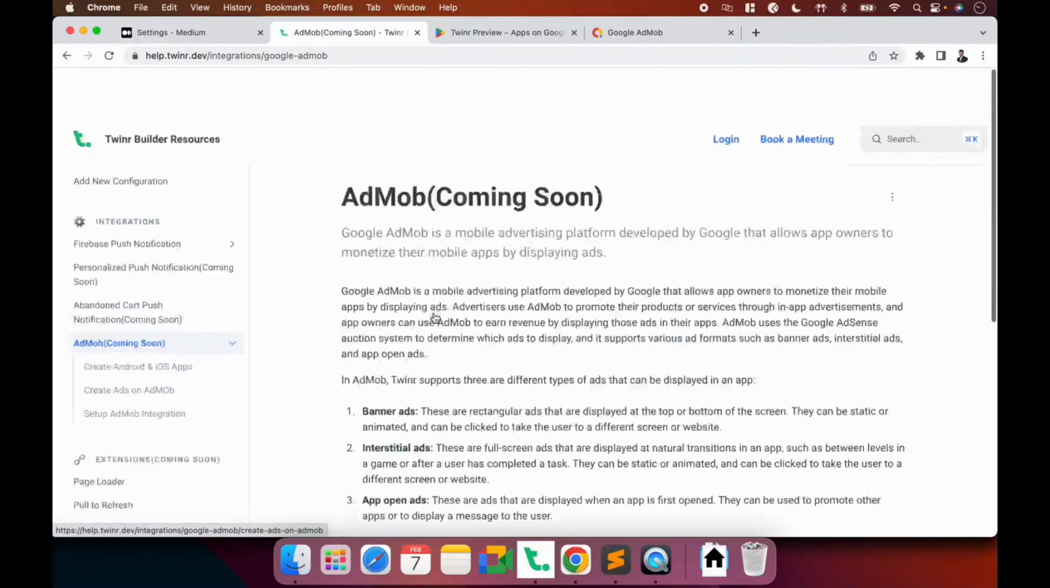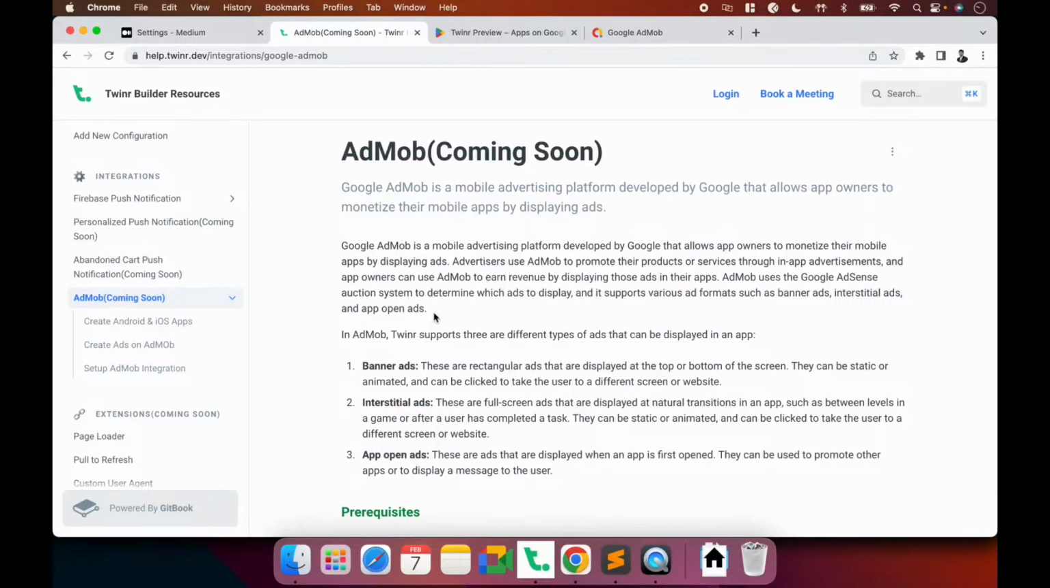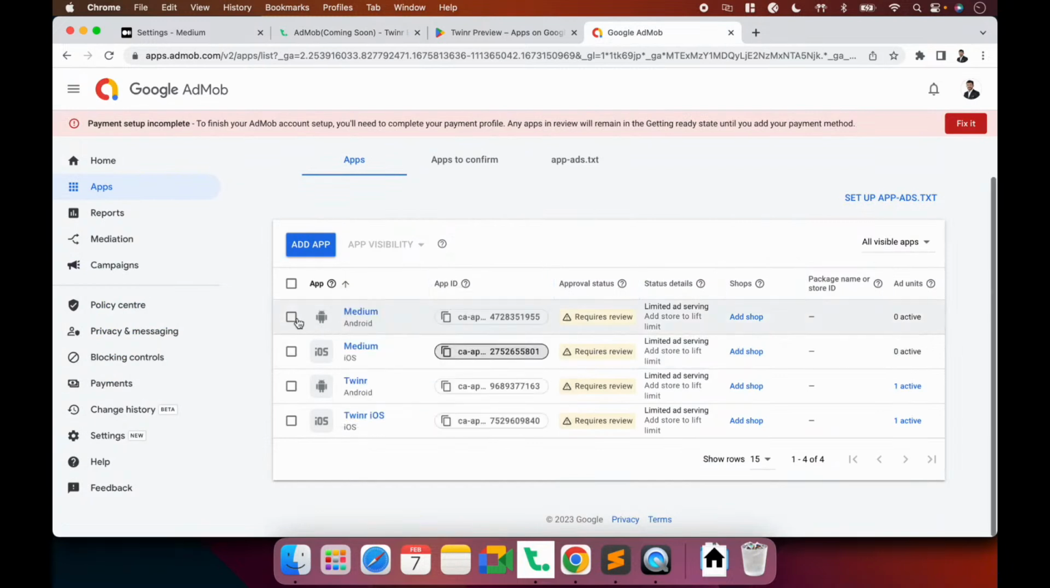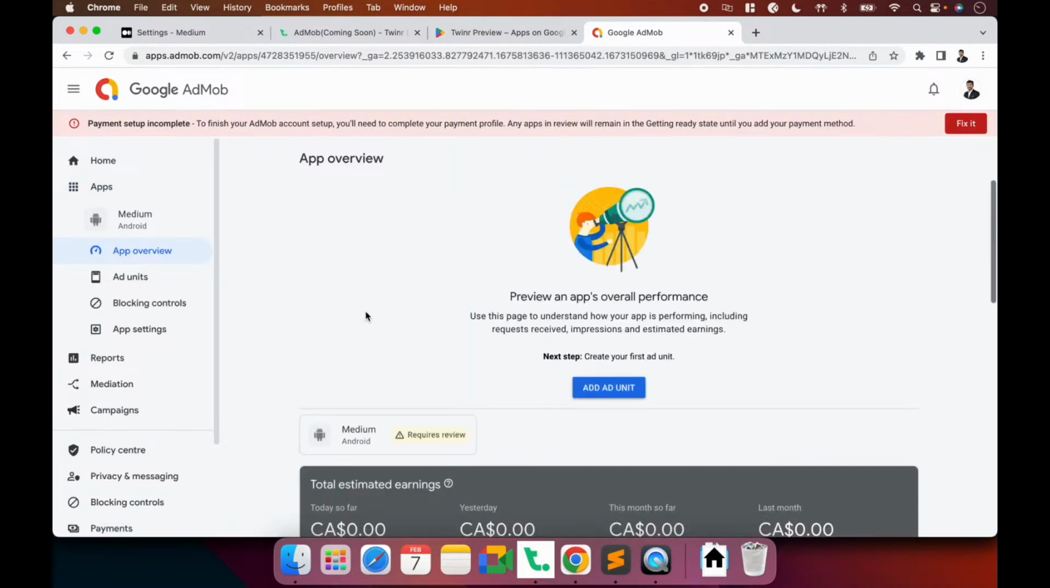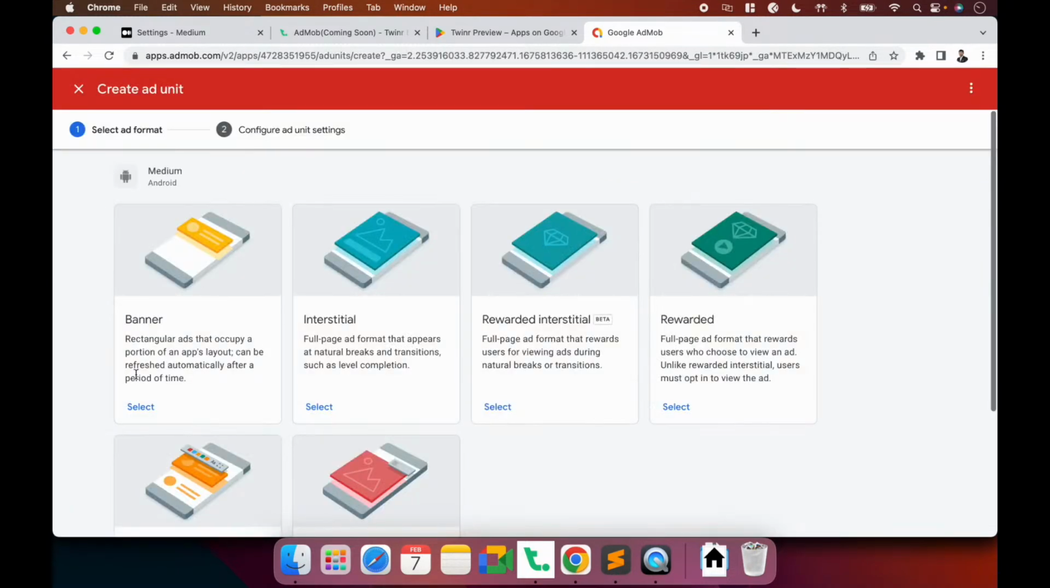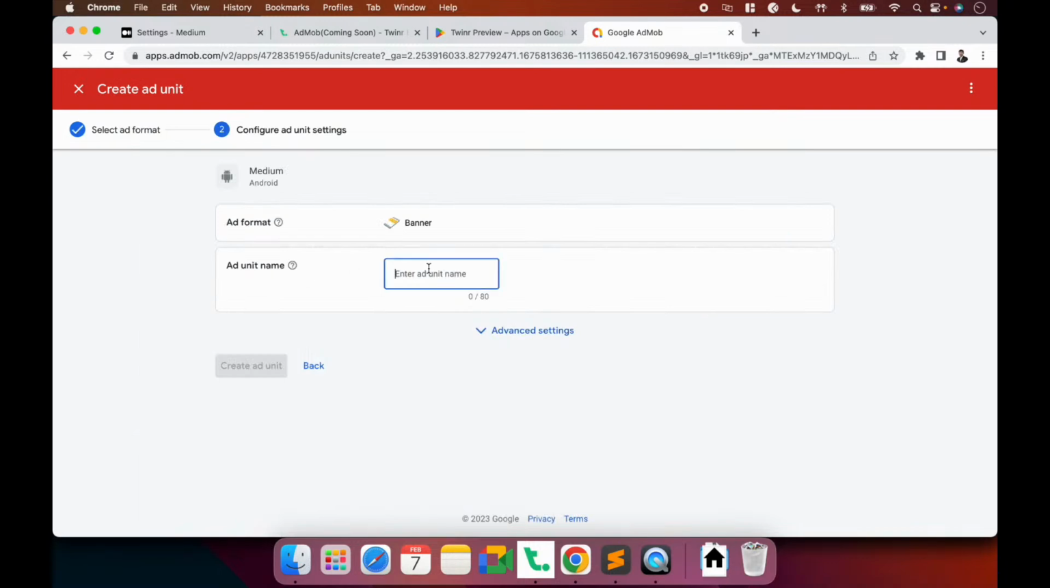Okay, so today let's create one normal advertisement, which is a banner ad, and we will go through all the other ads as well, like the interstitial ad. So let's go to Google AdMob here, and inside the Android application, create one ad. Click on this button, add ad unit, and select the banner ad and add a unit name, maybe